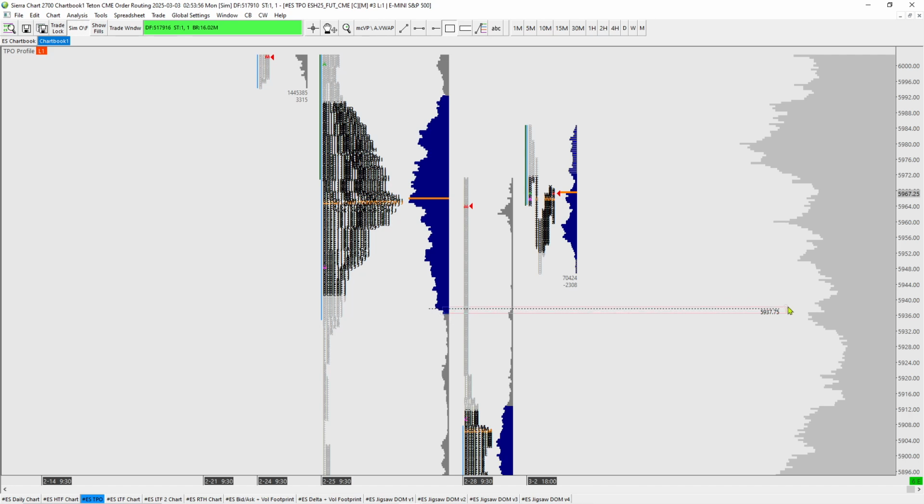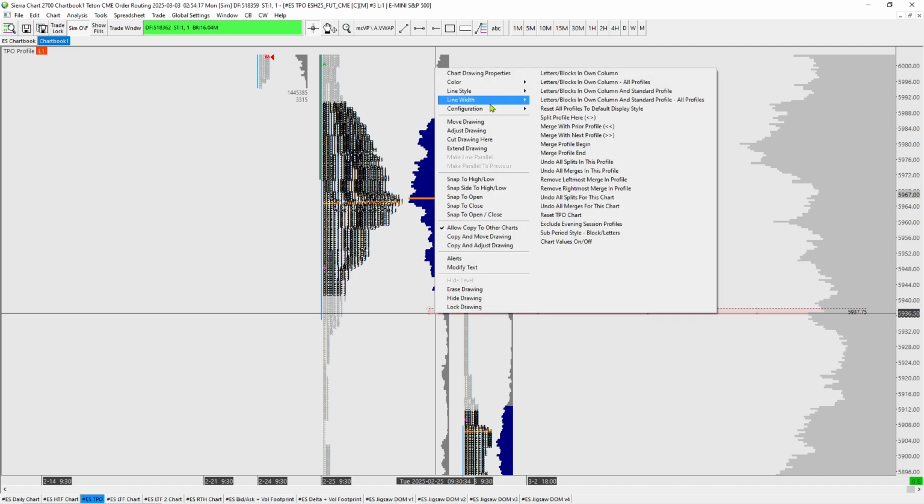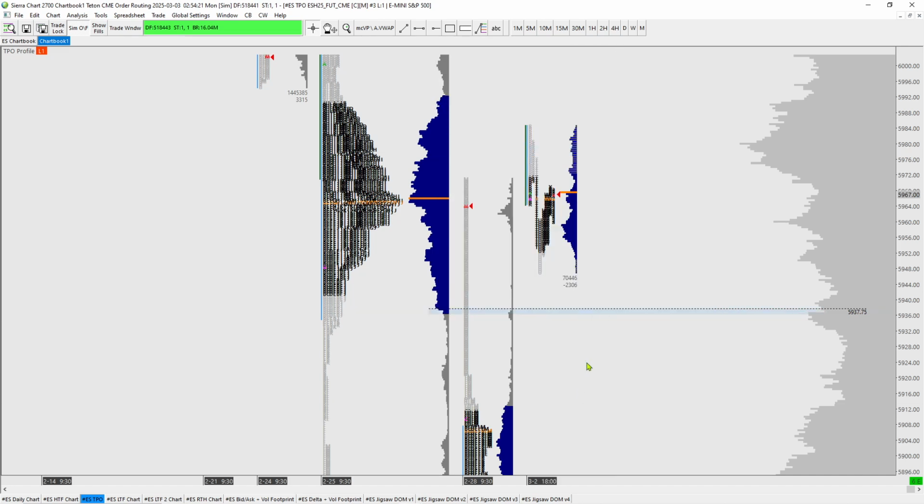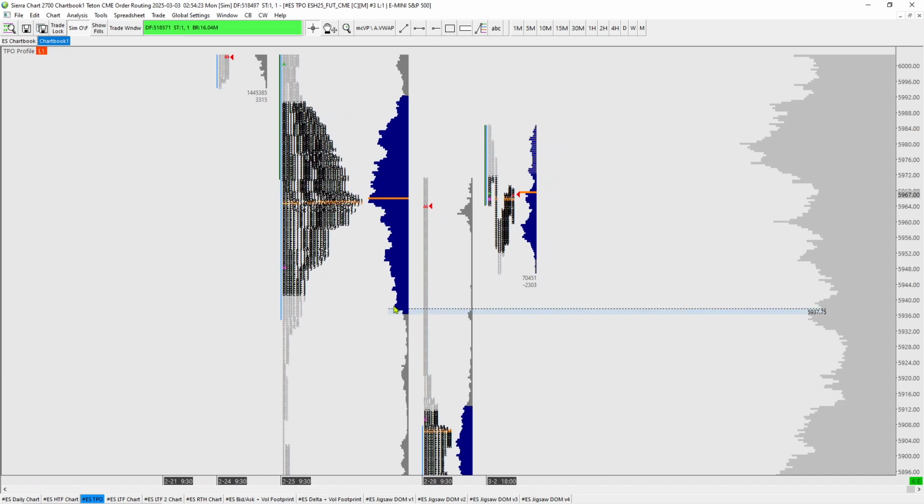Let's just turn that into a zone. That'll be easier. Oh, come on, what am I doing? Let's make that longer, and then let's make from that to that a zone. Let's make it blue. There we go. So you can see we have a little zone we've created right here.